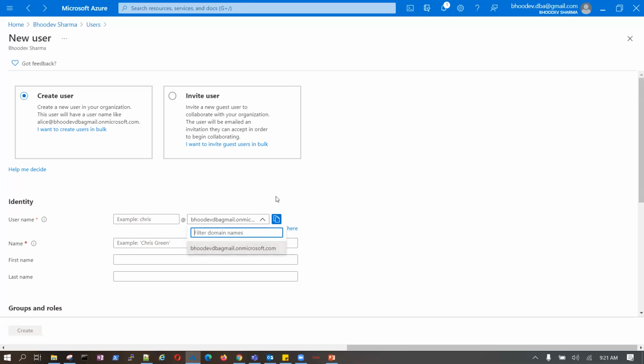Yes, and that's how organizations work, because using one account domain for every user would not be good practice. I want to use bhudev.sharma@unisys.com, very simple. So you mean the normal AD also has ABC, and as we have integrated that custom domain in Azure AD, it will sync up with the local AD? No, as of now, please do not involve the normal AD.